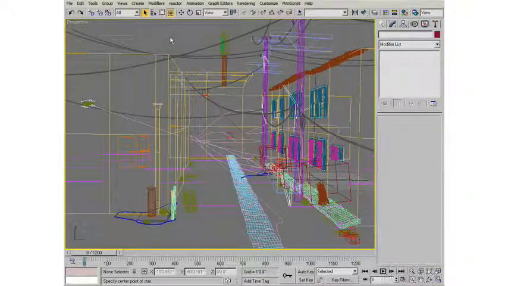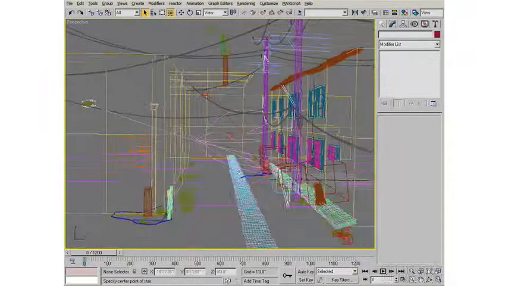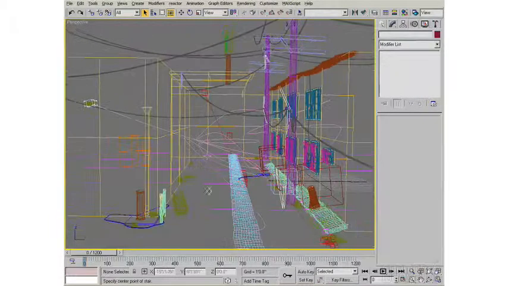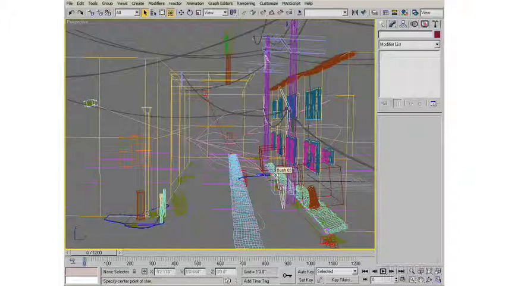And once you get a bunch of objects made, you'll see that your scene can get pretty heavy, and you can make really complex scenes with just those primitives. Virtually everything in here is made up of just a primitive, like we've been talking about. So you can see that when you have a bunch of things in here in the wireframe,